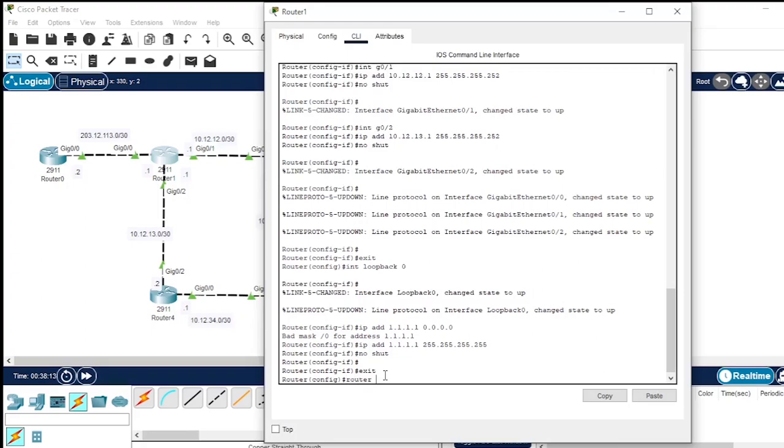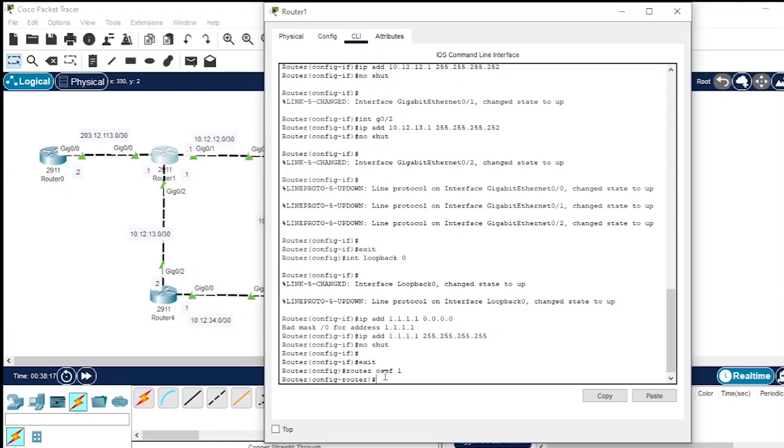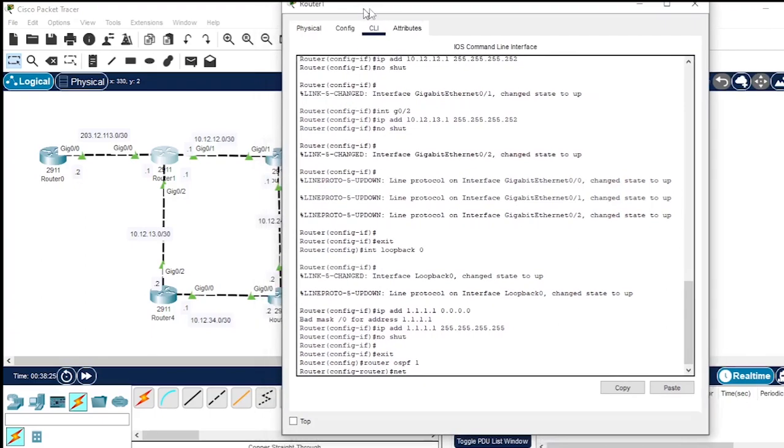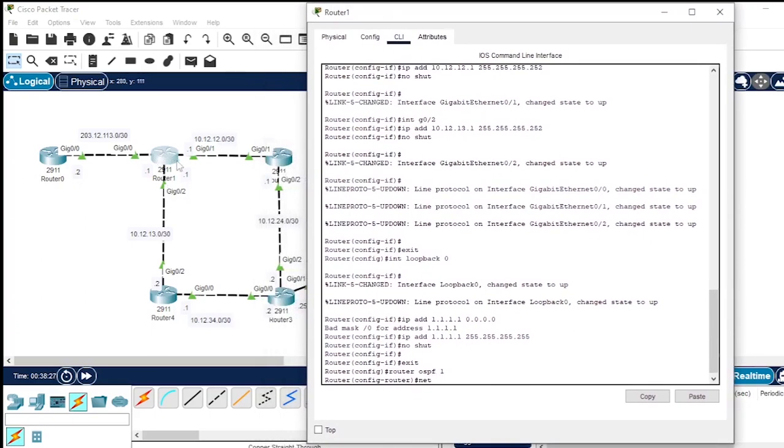Router OSPF 1, network. You can see this router 2, network. You can see, and also